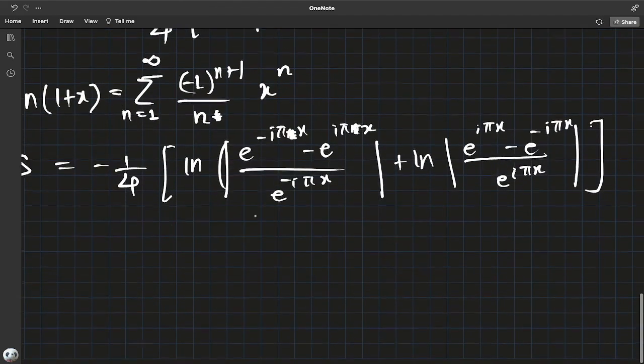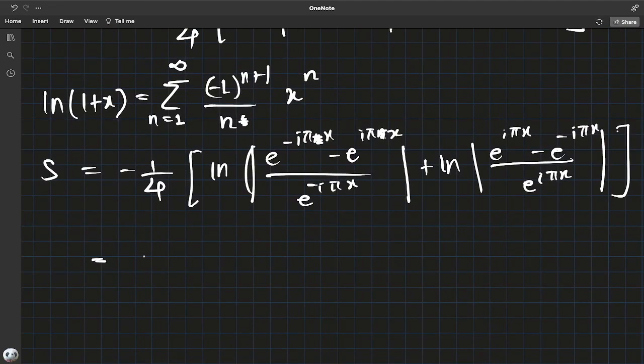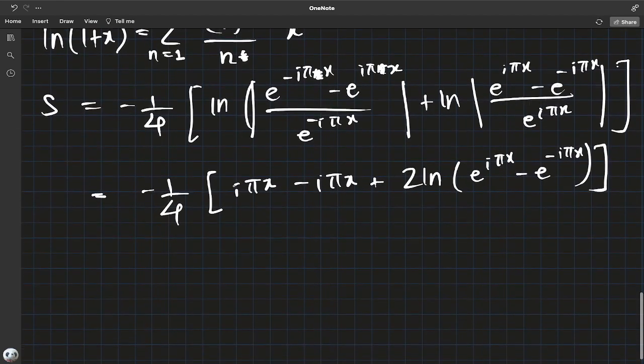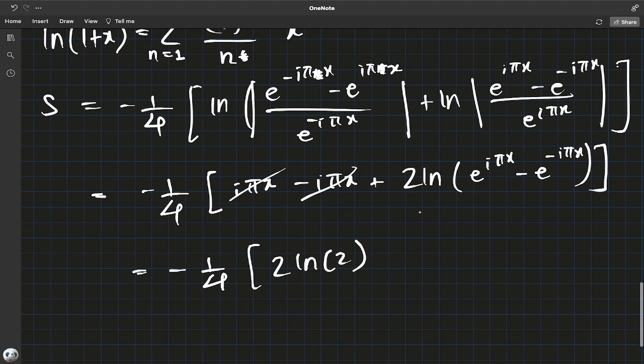Pause the video if you want. I'm just going to go fast. The video is a little long today. Now use the log property to separate these things out. So you have i pi x minus i pi x from here, plus 2 times natural log of e to the i pi x minus e to the negative i pi x. That goes away. Minus 1/4, 2 times natural log of 2